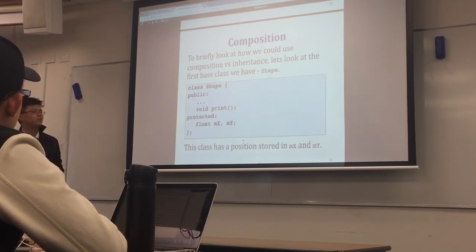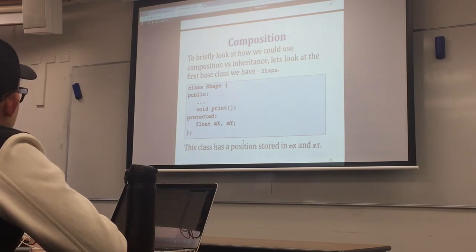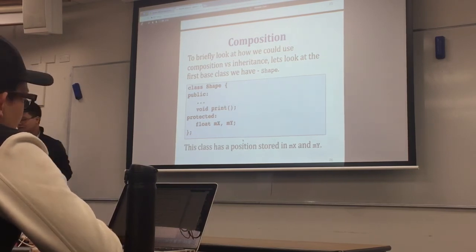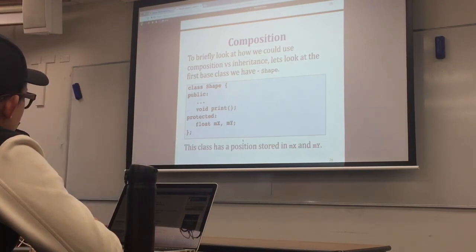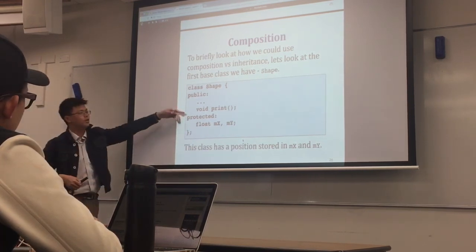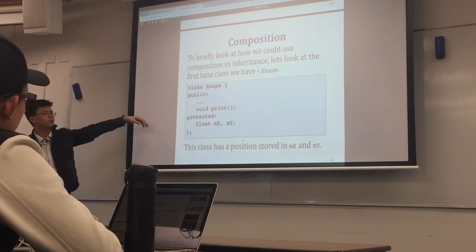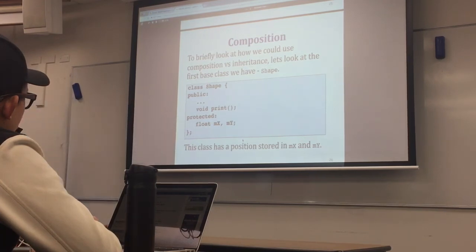Composition is basically a fancy word for saying we declare this variable inside this class. So these two variables, you can say shape inherits these variables in a composition way. And if we go back to the previous example about building with the floor plan,